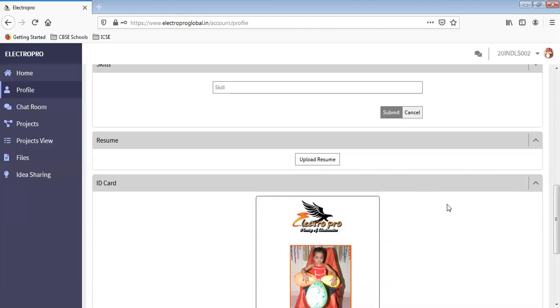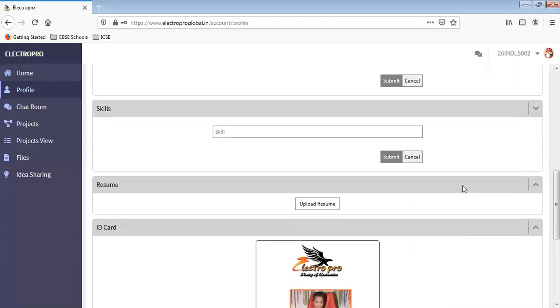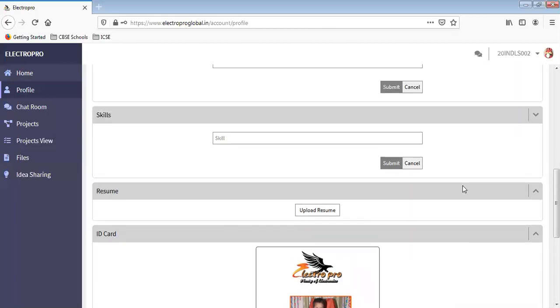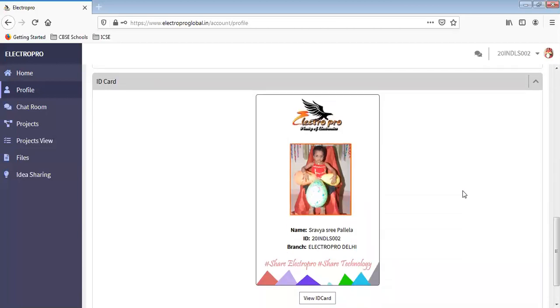It will help us, for graduates and engineers, to refer them to consultants if we come across any employment opportunities. If you have your profile filled, we can suggest them. That's the thing.